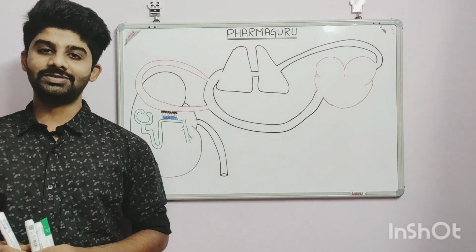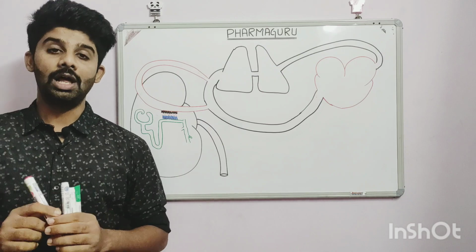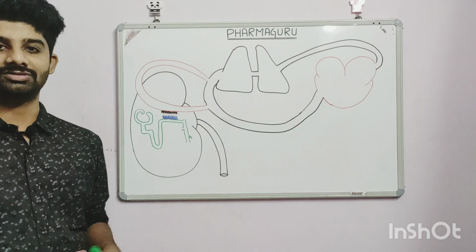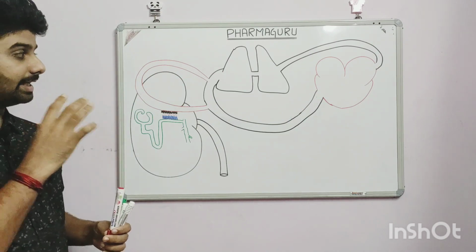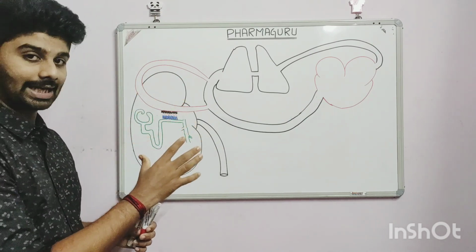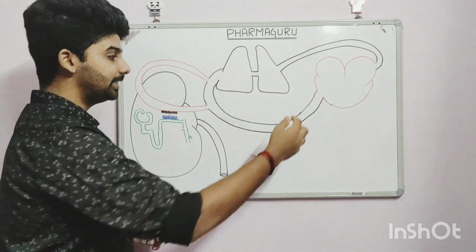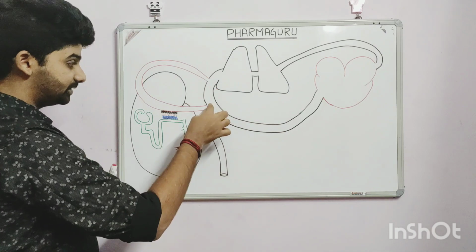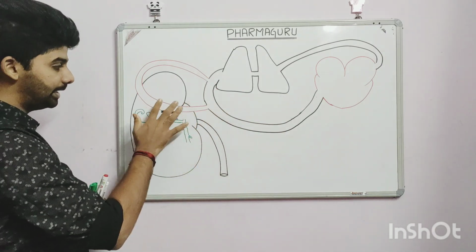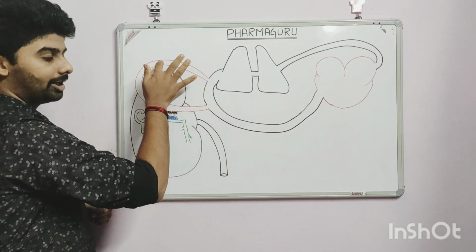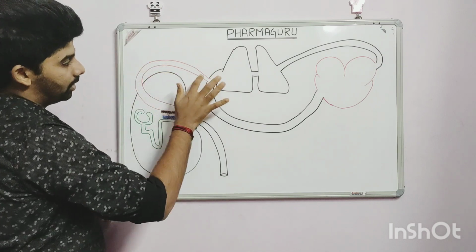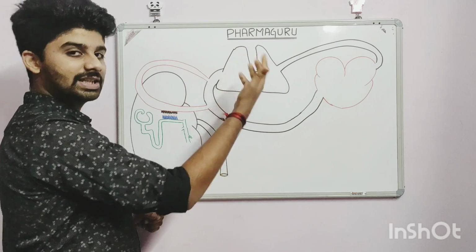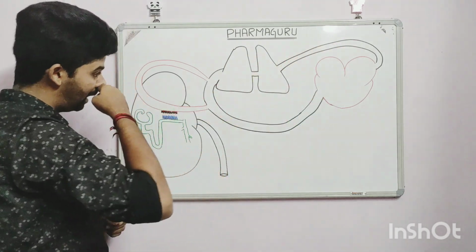As we have promised, in this video we will be dealing with the regulation of blood pressure part 2, that is the renin-angiotensin-aldosterone system. We will see the renin-angiotensin-aldosterone system through this diagram. This is the heart, obviously, through which systemic circulation is occurring. From the systemic circulation there is blood supply to the kidney. This is the afferent arteriole, this is the efferent arteriole. Then the blood from the kidney enters again into the systemic circulation, going into the lungs and different parts of the body, and finally entering into the heart.